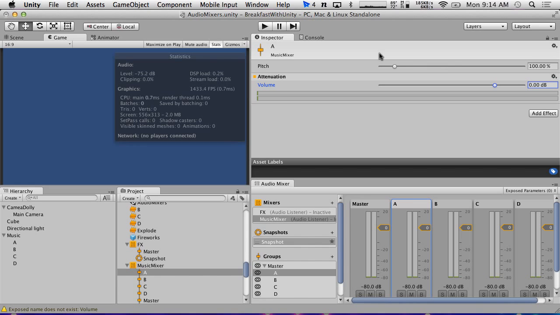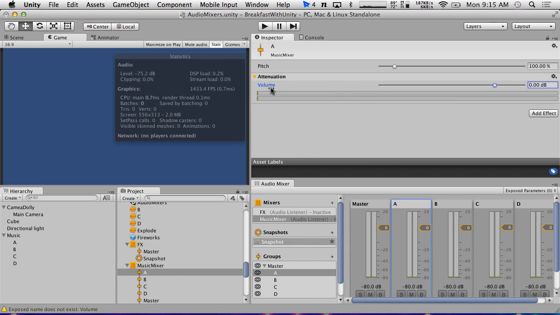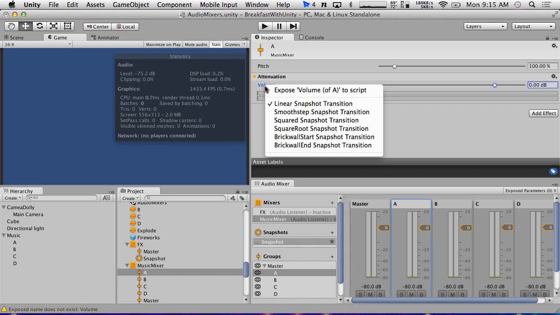So what are we doing now? So we're going to actually expose this. To do this, you click here. Wait, now you right-click. Okay, even weirder. You right-click the volume thing here, and it says expose volume of A to script. So we click that,